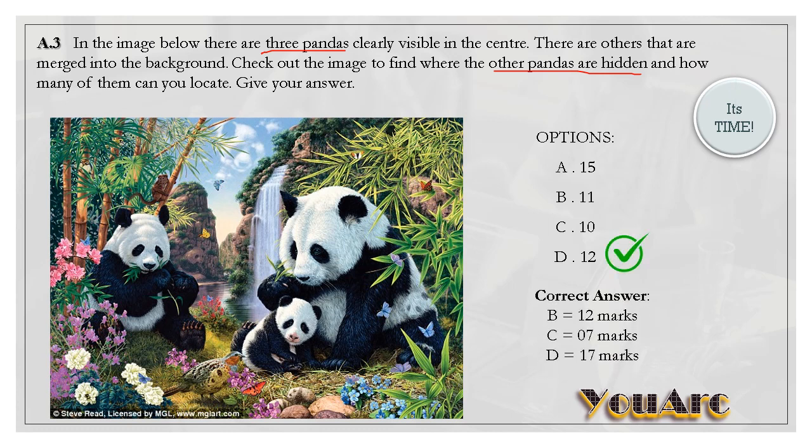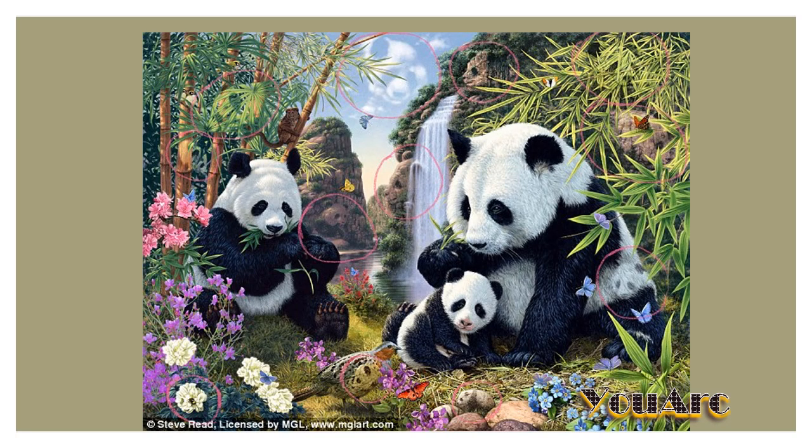So here the answer is 12 and let's see how you got 12. So can you see here? There is one panda here in the rock, another one here, and can you see one small panda here? You have another one in the flower here, and one is hiding here, looking down. It's the eye of the panda here. Can you locate? And another one here, and one in the cloud,